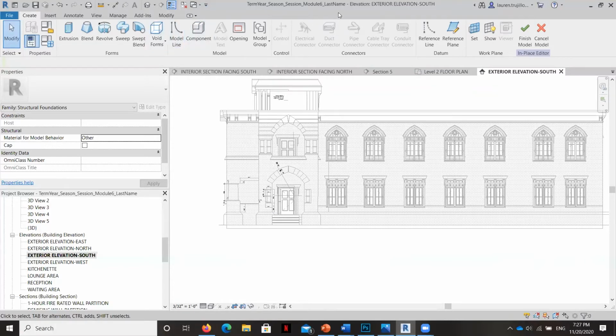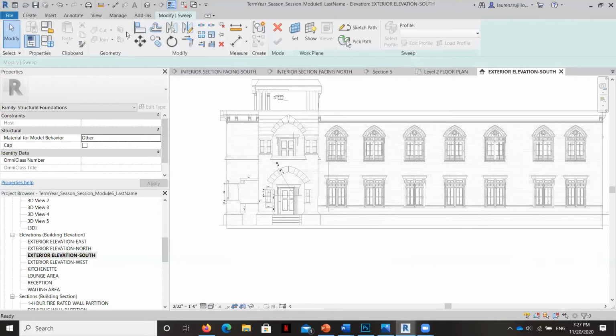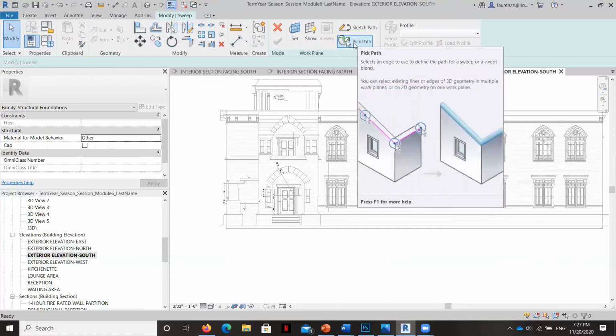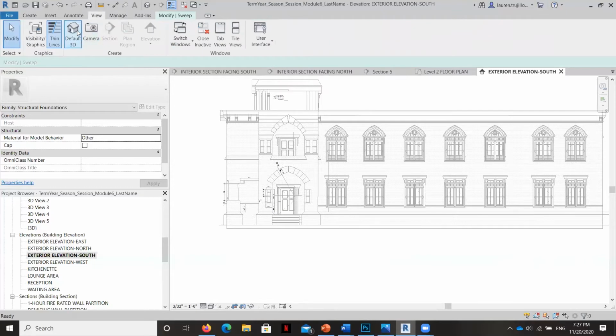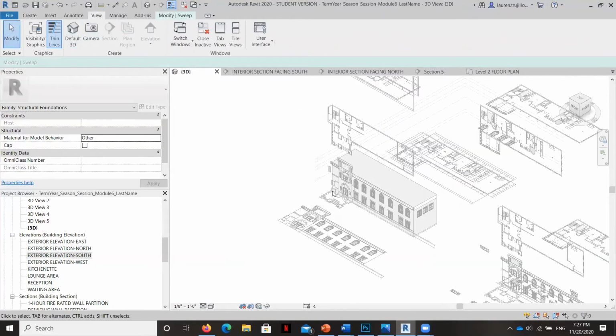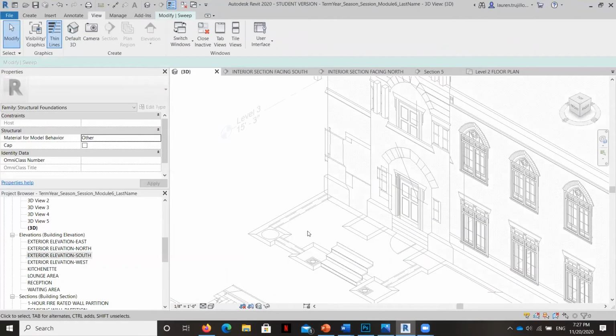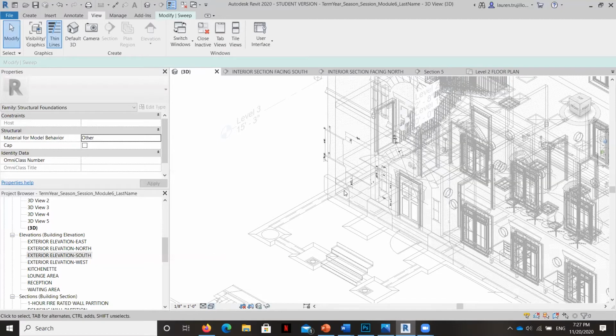So the first thing that it's going to ask us to do is, okay, which kind of 3D modeling do you want to do? And we want to do a sweep. Okay, then it's going to ask us to pick the path, and that's the path that we want our shape to follow. Now I'm going to select the path very specifically, and you'll see why in a second. I'm going to look at the view command, and I am actually going to select the path to start on this western wall facade. But in order to grab it, I need to change my view to wireframe.